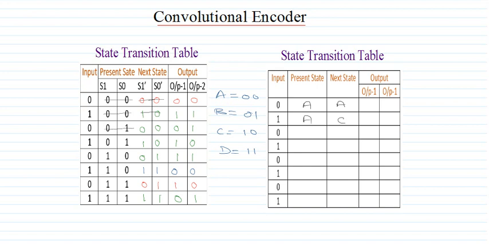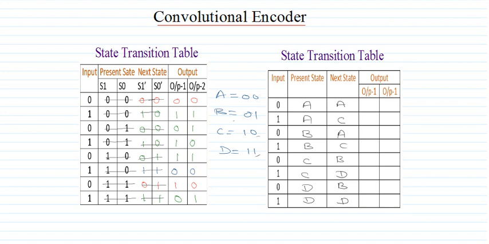This 01 is B here, then we have 00. For this 00 I am entering A, then we have 01, so for 01 it is B, and for this 10 it is C, then for 10 it is C, and for 01 it is B, so for 10 it is C, and for 11 it is D. Similarly for 11 it is D here, then we have 01, for 01 it is B, for 11 it is D, and for 11 it is D. So we have made all the entries here.